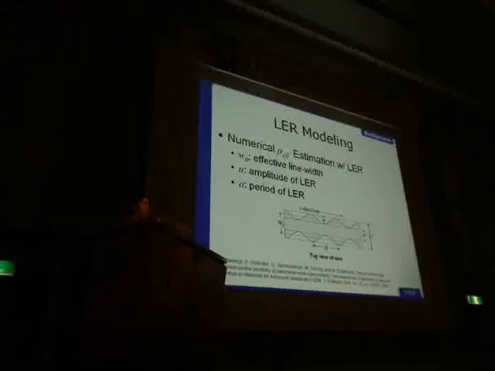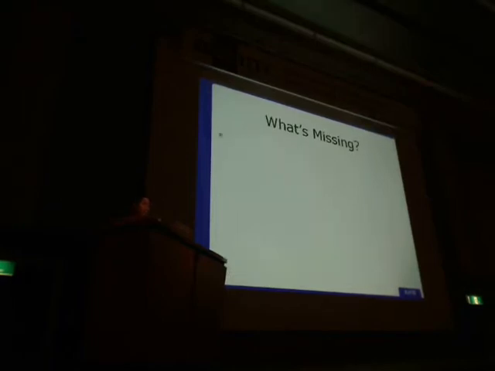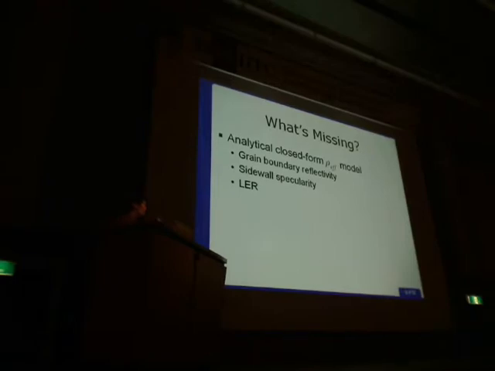To estimate this, you would have to integrate over the period. The assumption behind this is that the period length is longer than the mean free path of copper. So it's assuming that you have very smooth variations, but you're still going to have LER. So what's missing? Clearly what's missing is an analytical closed-form model of effective resistivity as a function of